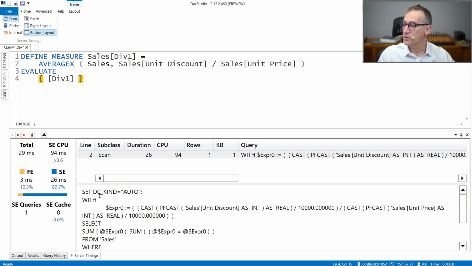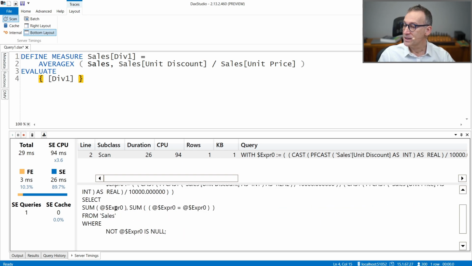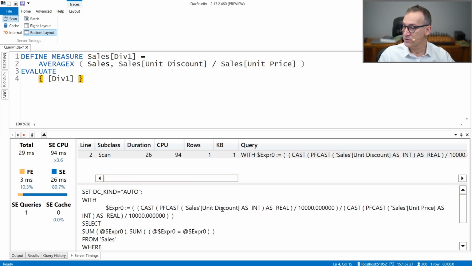The xmSQL query that is executed casts the discount as int and then divides by 10,000 because it's a currency, so all the math needs to be done with 4 decimals. And it's just computing the sum of the expression, where the expression is the division of unit discount by unit price.